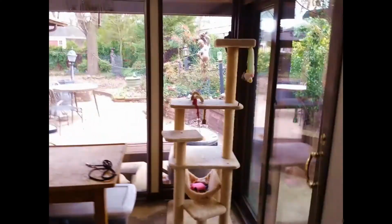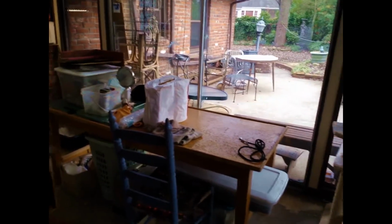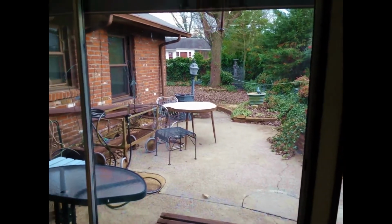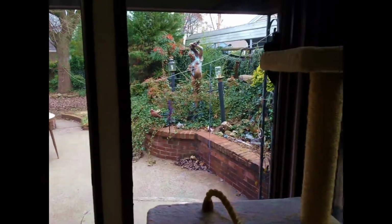And then this is what I really love. This is my hopefully studio area where I'll be able to make my own art again. I haven't done anything for a long time. That looks into the kitchen there. And then this patio is just going to be wonderful. The house is completely covered with this greenery. It's just so peaceful,